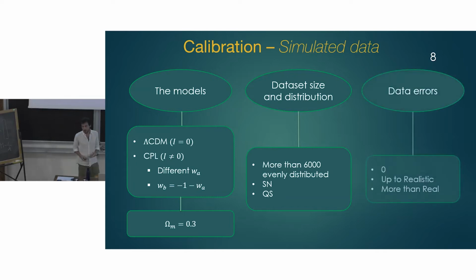Then we also changed our errors, and our errors were basically perfect, so basically 0. And then we raised the complexity. Of course, with 0 there was numerical instability, but we fixed it. Then we raised our errors up to the realistic ones, and then we also tried something a little bit more than the realistic ones. In all those settings, we wanted to be able to retrieve the proper integral of z. I'm stressing that a lot because